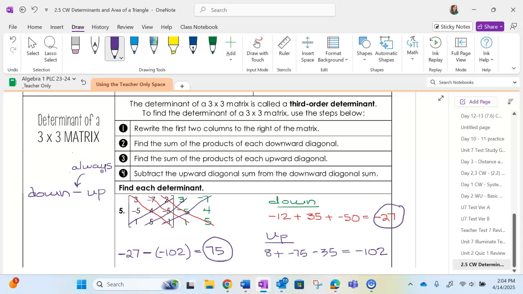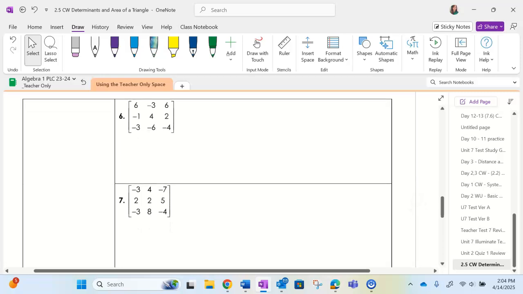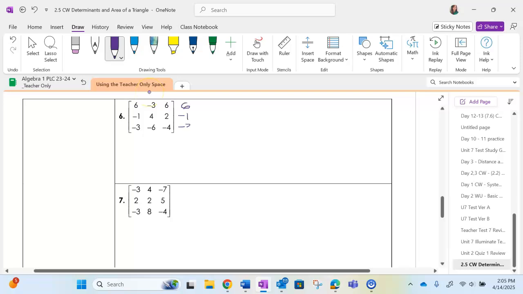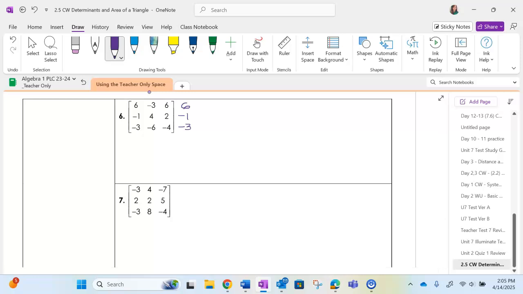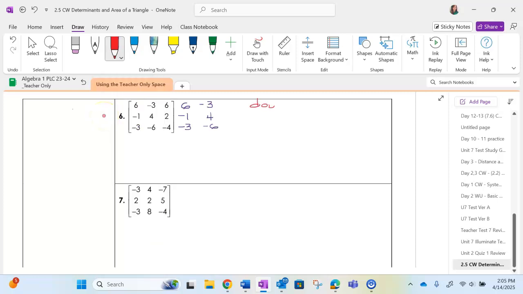I'm going to do one more for you. Let's flip over to the back. All right, I'll do number 6. So remember, step 1, copy the other columns. So we have a 6, -1, -3. Copy the first one, then copy the second one. -3, 4, -6. We change colors. We're going to do the downs first. Starting up here, multiply. 6 times 4 is 24. 24 times 4 is